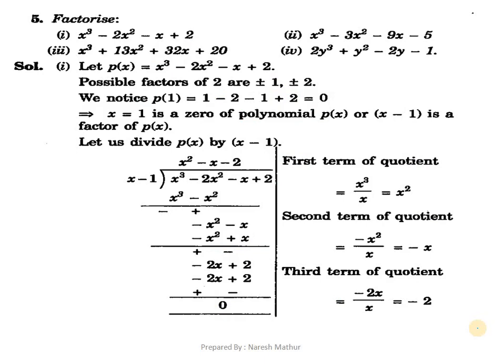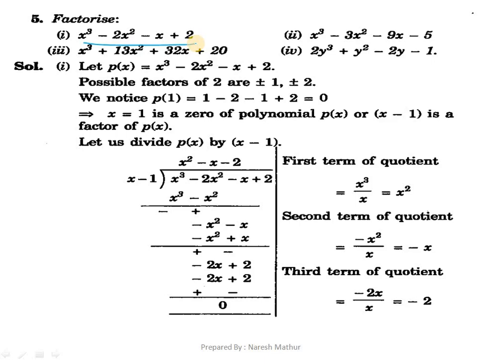that is the cubic polynomial. We need to factorize the cubic polynomial. As there are various methods for solving cubic polynomials, we'll discuss one of them, which in common language we call the hit and try method. But why are we saying hit and try, just see it. We are given a cubic polynomial x cube minus 2x square minus x plus 2. Now we have 4 terms.